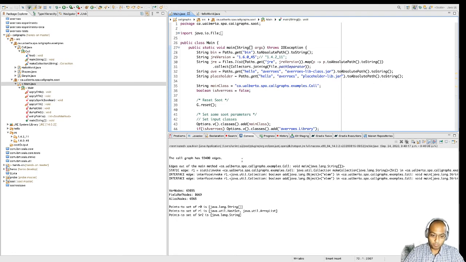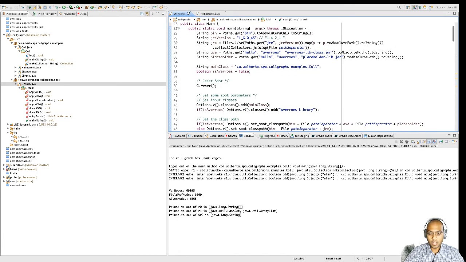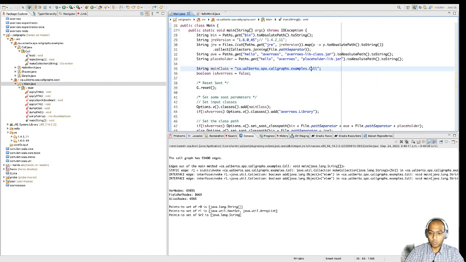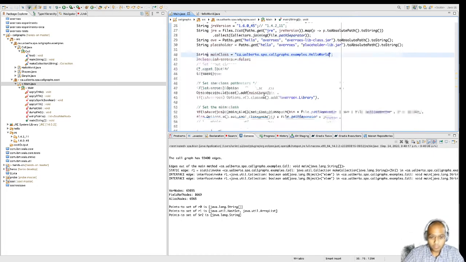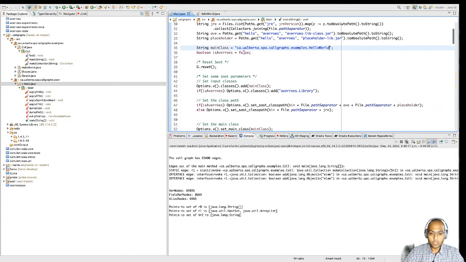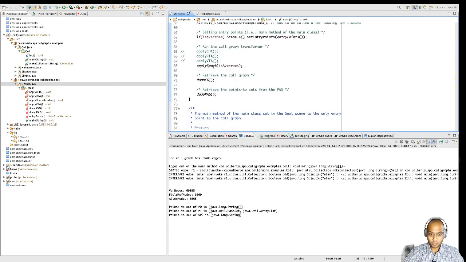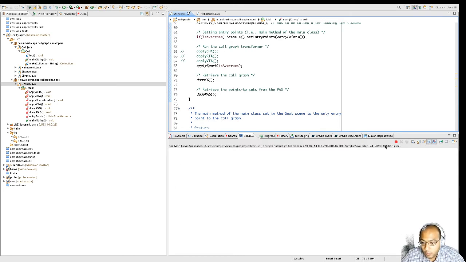That would enable the analysis to be really fast in running on the program. So to showcase that, I am going to run it on Java 1.6 and I'm going back to the simplest hello world example. Averroes is false, so I'm disabling my tool there, and I'm going to run Spark. I'm going to run that, and let's see how long it will take to analyze the whole program,